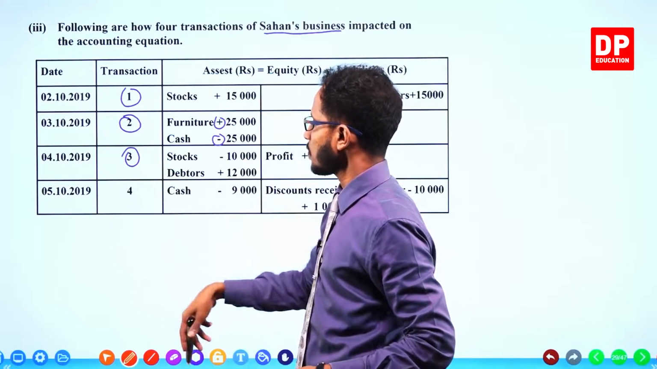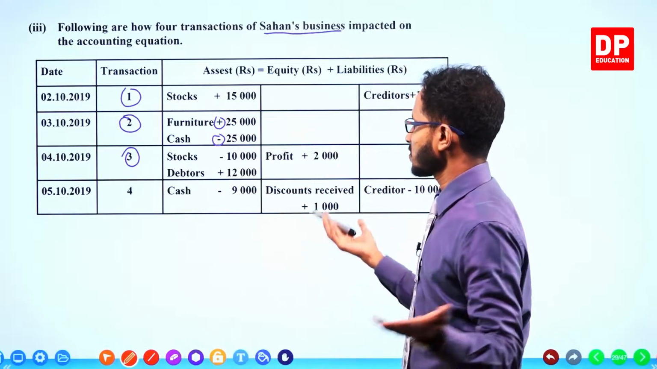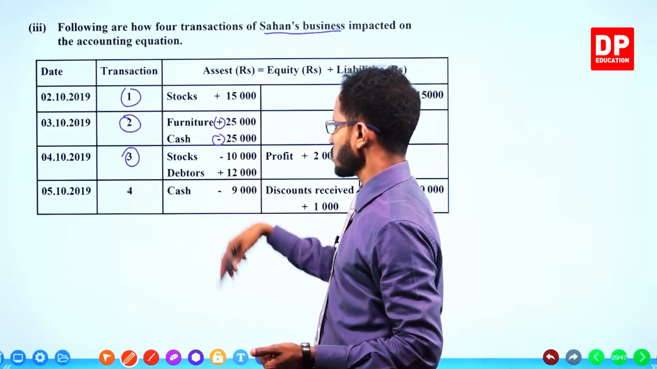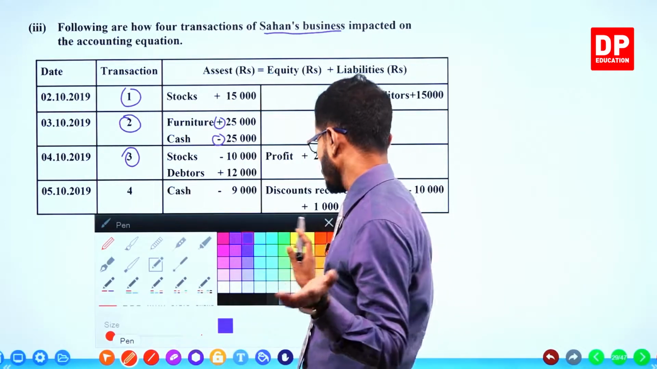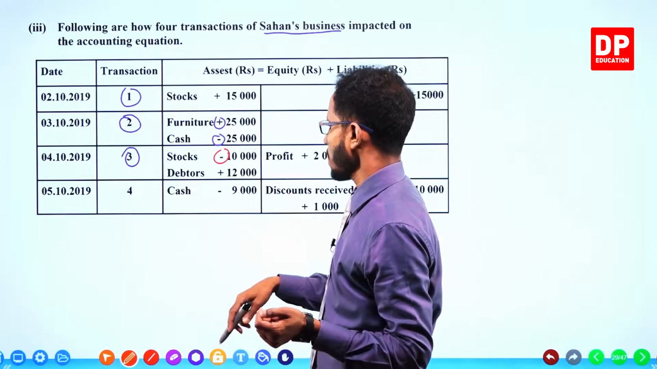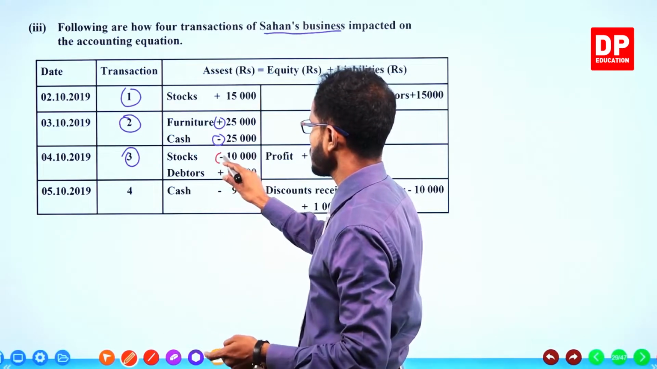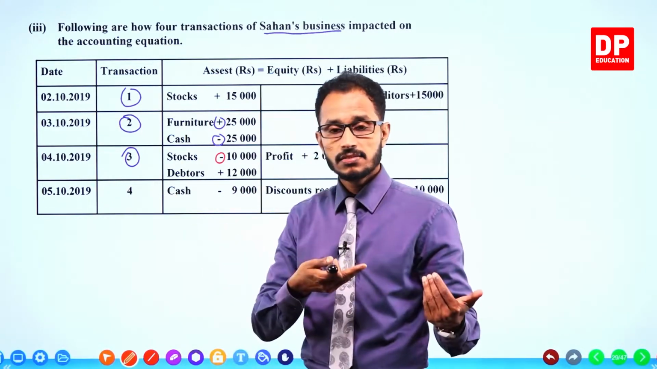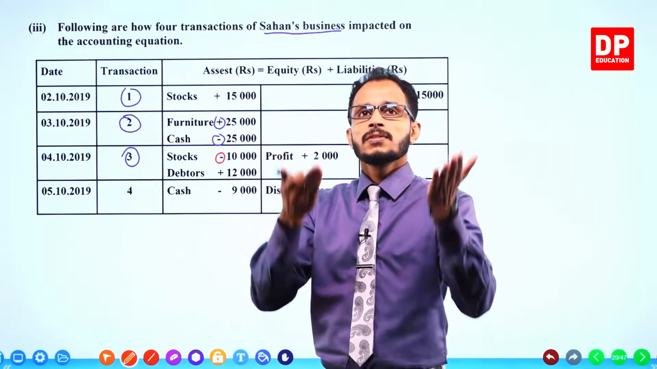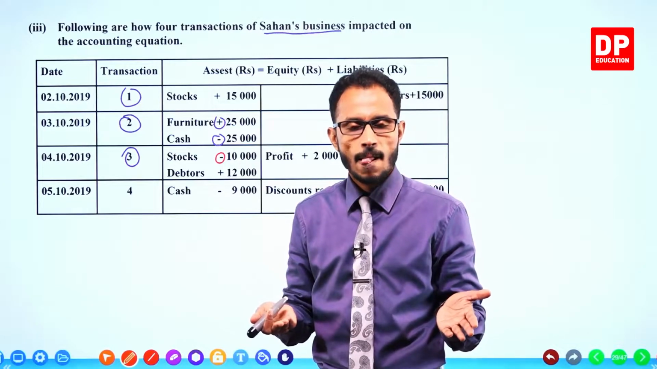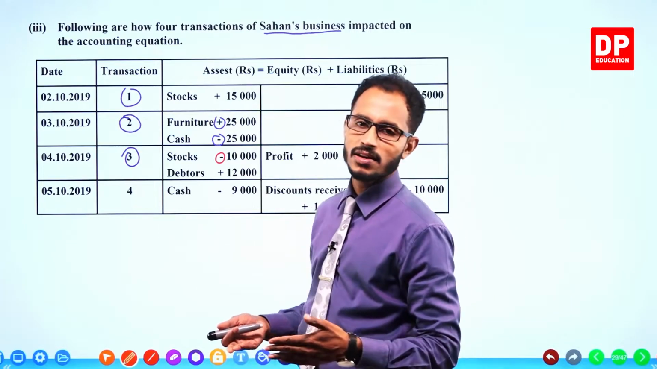Third one. Stocks 10,000 minus, debtors 12,000 plus, profit 2,000. Stock has gone out. A stock has gone out means stock has decreased now. Maybe a stock has been sold. I think that is the case here. Debtors have increased. More debtors have occurred